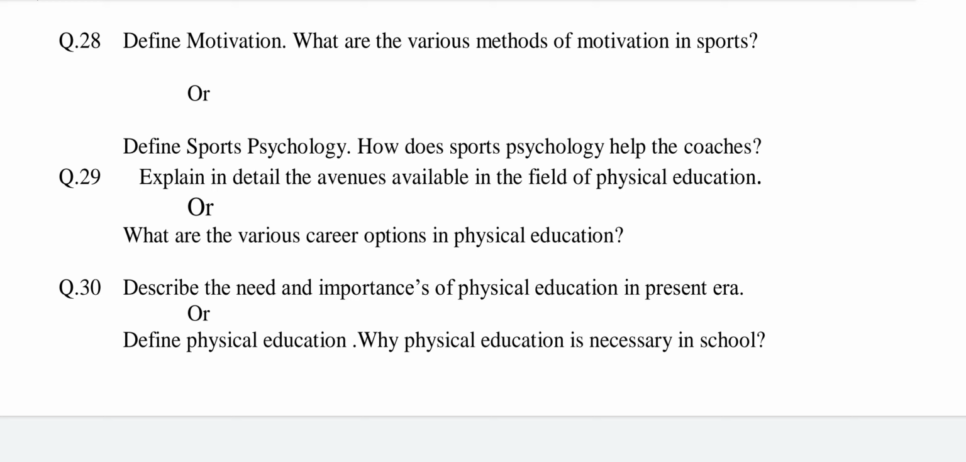A few needs and importance of physical education in the present era are as listed below. Number 1, optimum development; 2, growth and development; 3, emotional development; 4, social development; 5, personal development; 6, character development; 7, mental development; 8, cultural development; 9, safe habits; 10, intellectual development. Explain all these points in 2 to 3 lines. Or